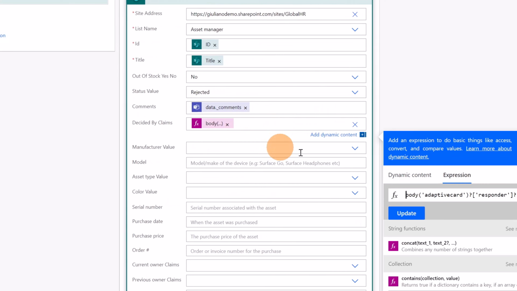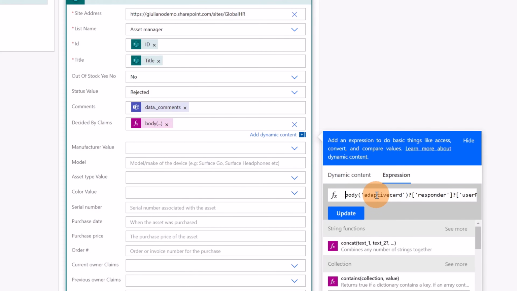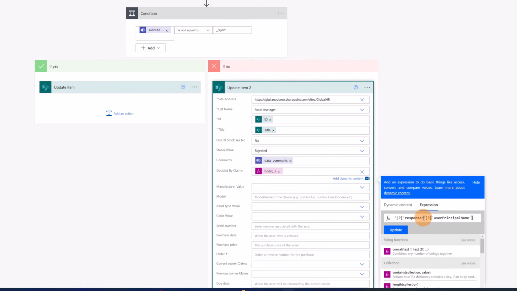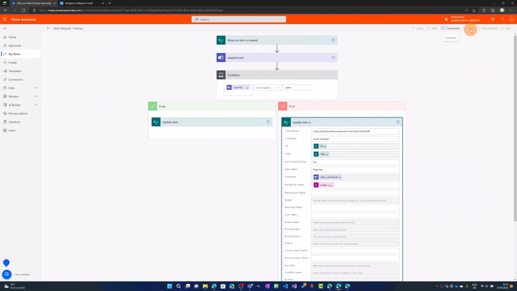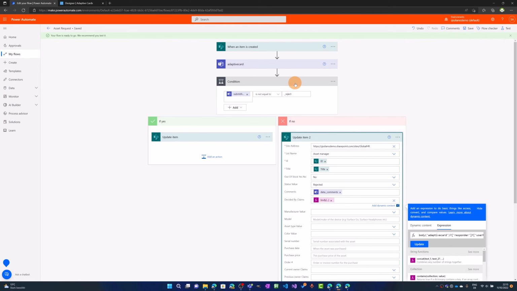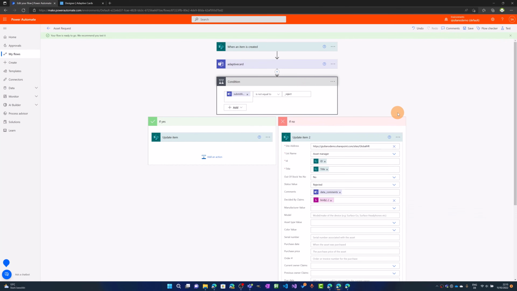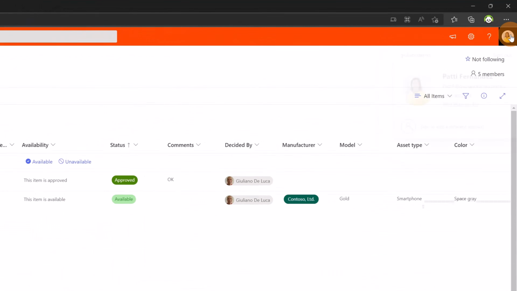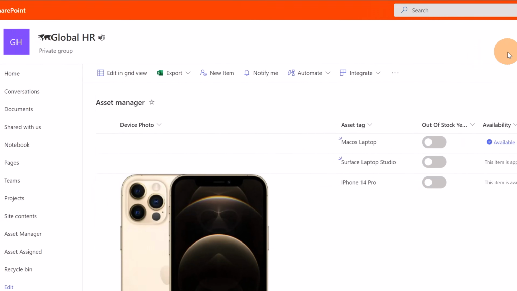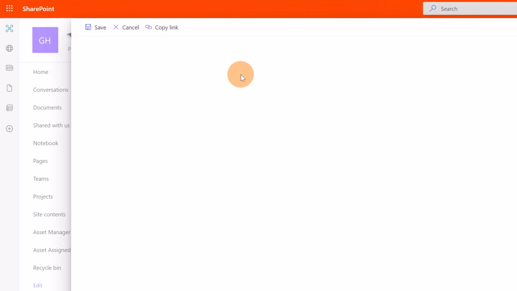Okay, I retyped basically the value in the decided by claim, user principal name of the responder. And let me save now this flow. So we are good to go and to test this workflow. Let me open this browser instance where I am logged as Patty Fernandez, and let me create and submit a